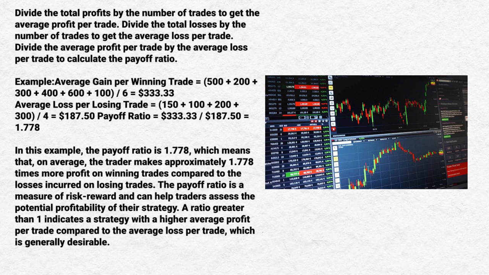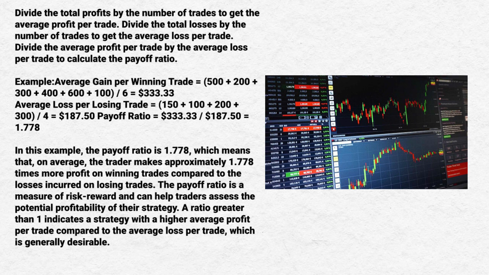For example, average gain per winning trade equals 500 plus 200 plus 300 plus 400 plus 600 plus 100, divided by 6, which equals $333.33. Average loss per losing trade equals 150 plus 100 plus 200 plus 300, divided by 4, which equals $187.50. Payoff ratio is equals